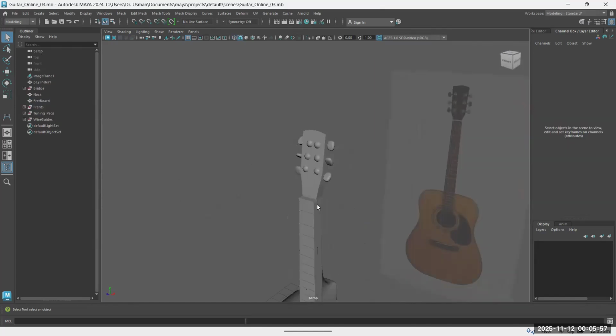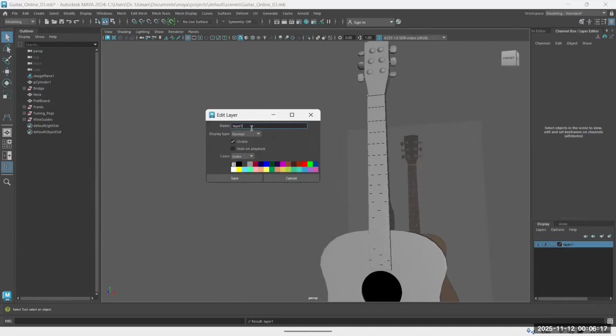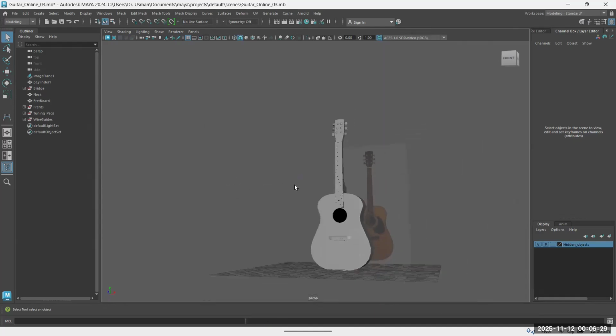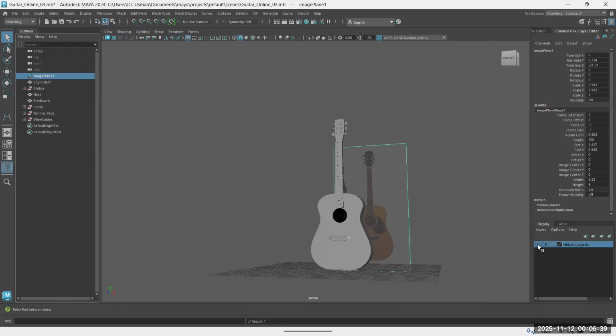The last time we left here, now we want to draw the wires here. So let me focus, we will make a layer over here, and let's rename this layer hidden objects. Okay, we save it, and we select all the objects that we don't want to be in our scene. For example, I don't want the reference image. So I will just go to the layer and add the selected layer, and I will press this V,